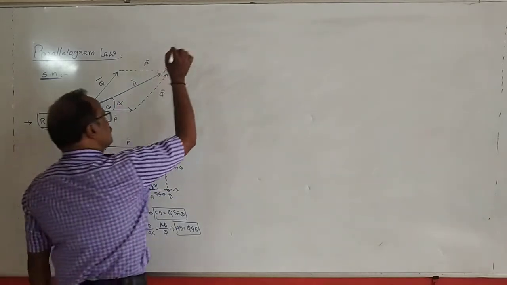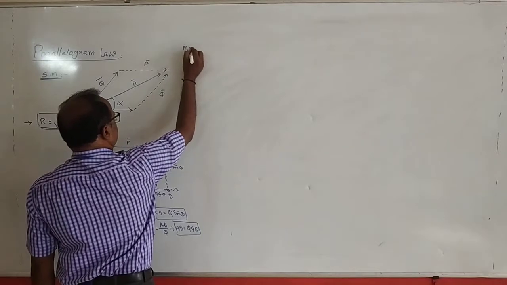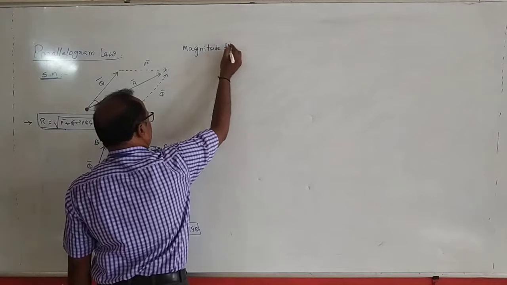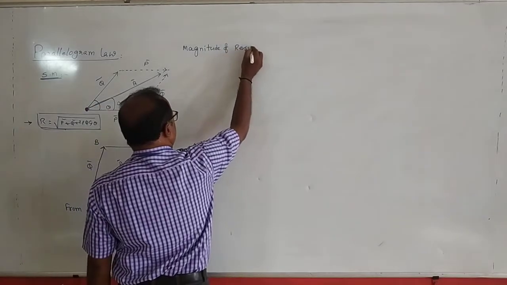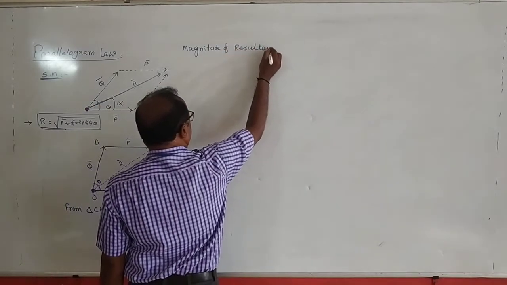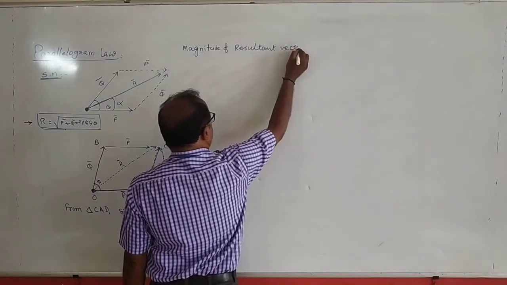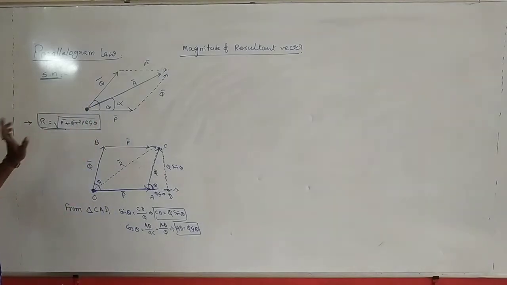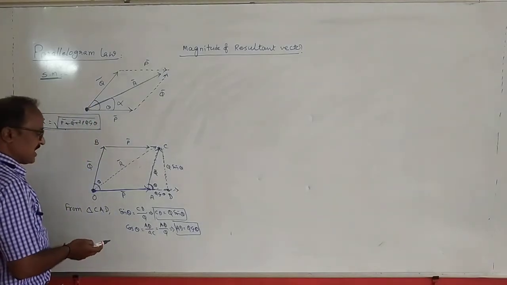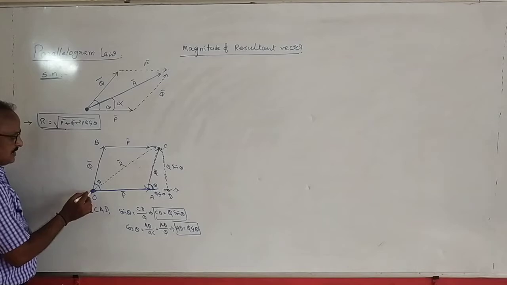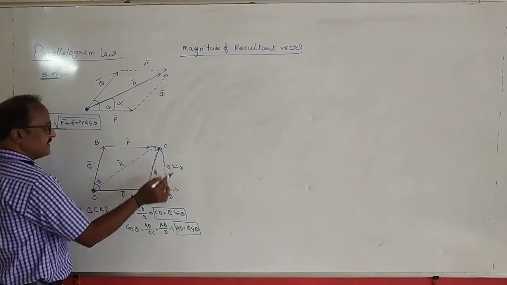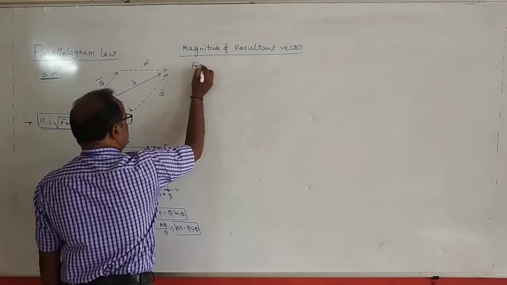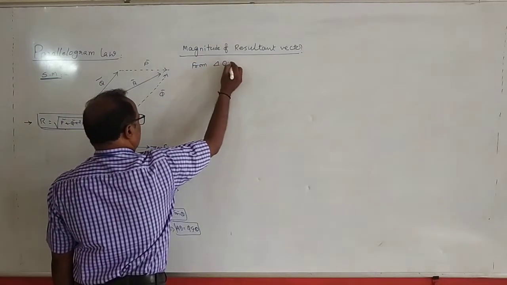So, to find the magnitude of the resultant vector, to derive this formula, let us consider the triangle. See here, triangle OCD. So, from the triangle OCD,